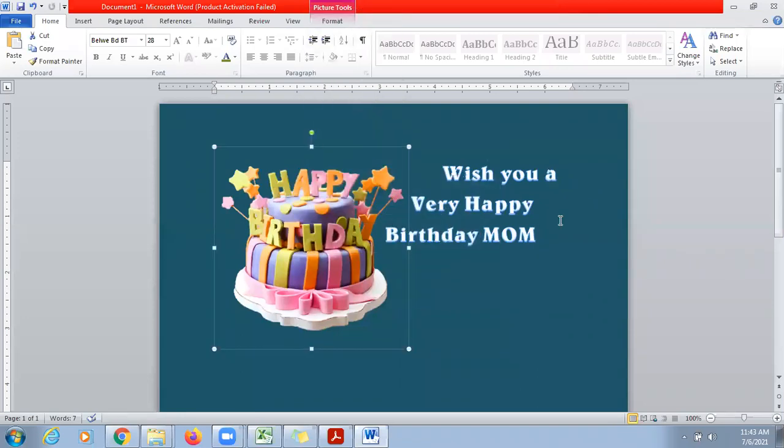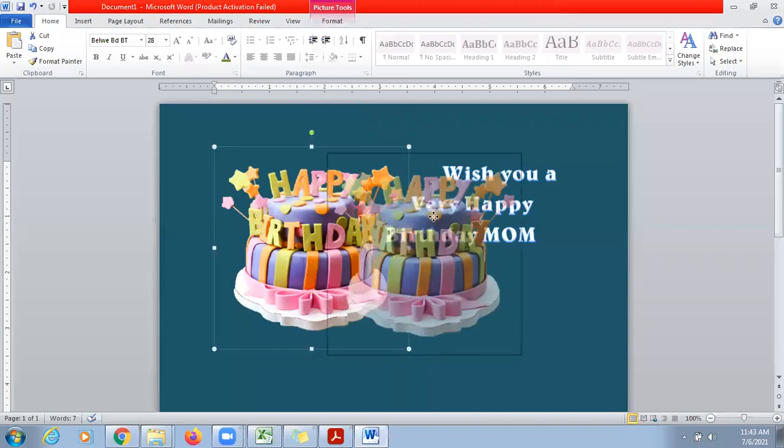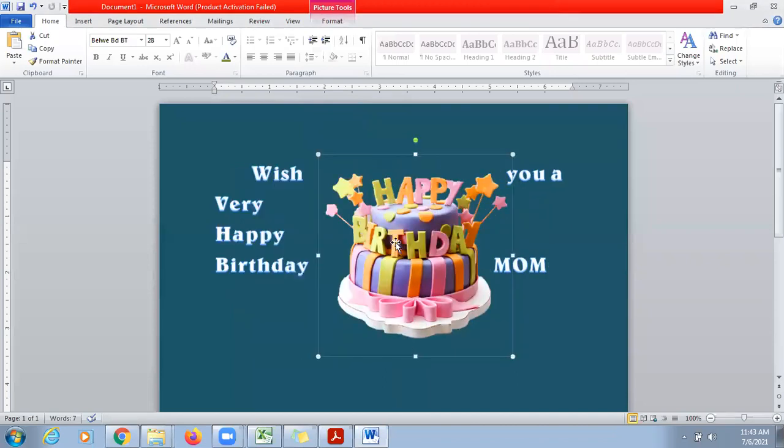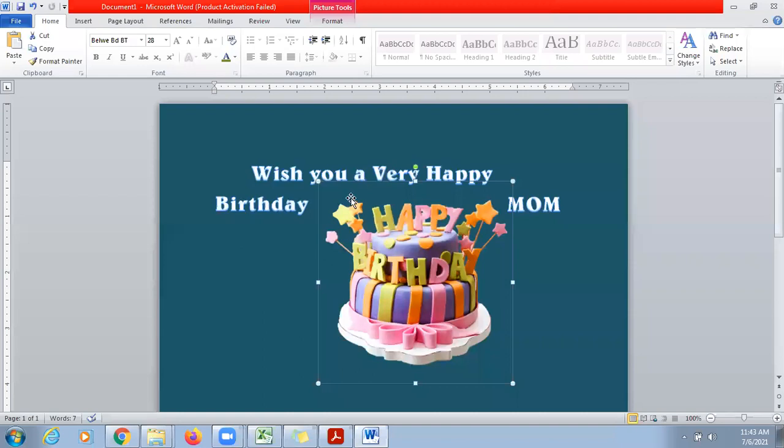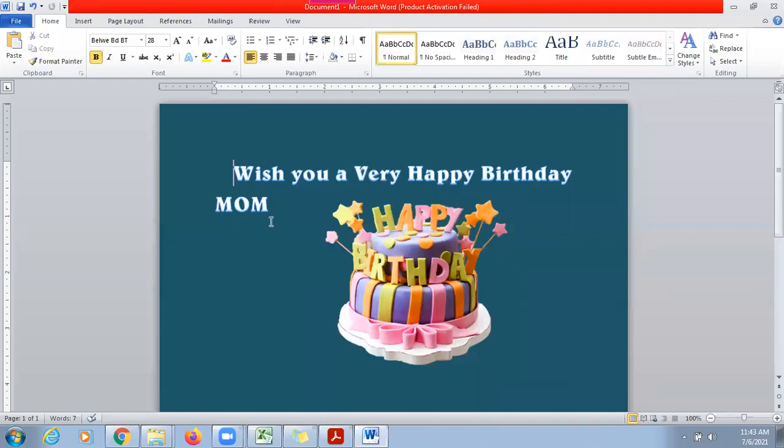So now let's say I wanted to write wish you a very happy birthday in one line, and then mom I wanted to display after this cake in the center.